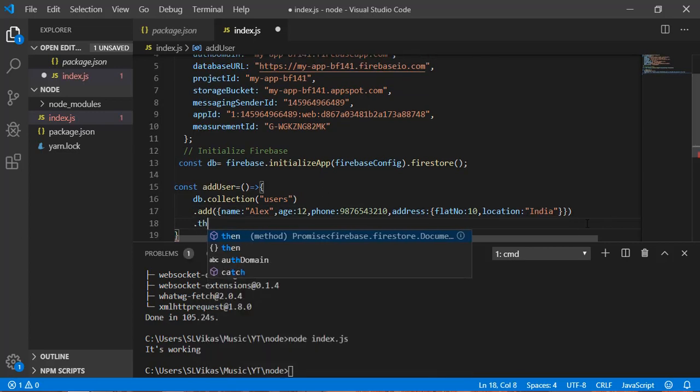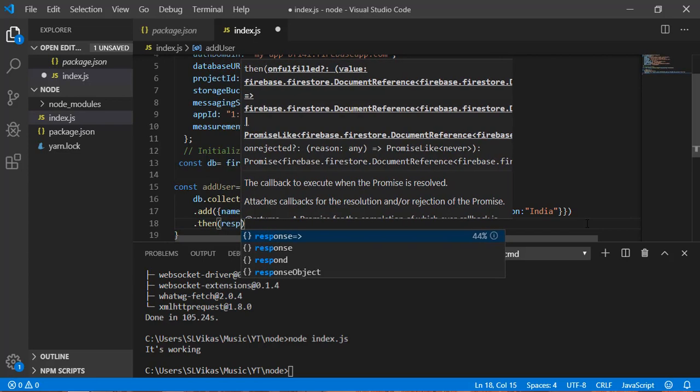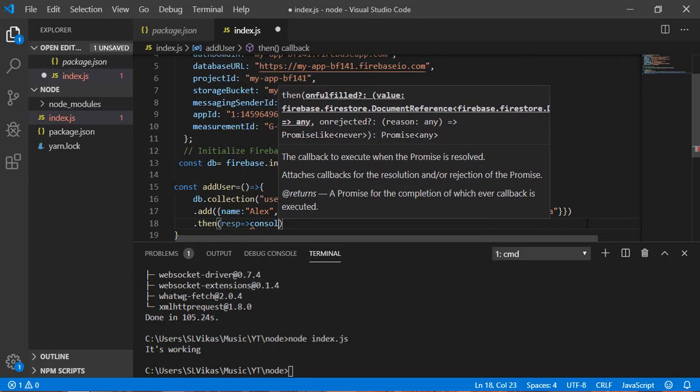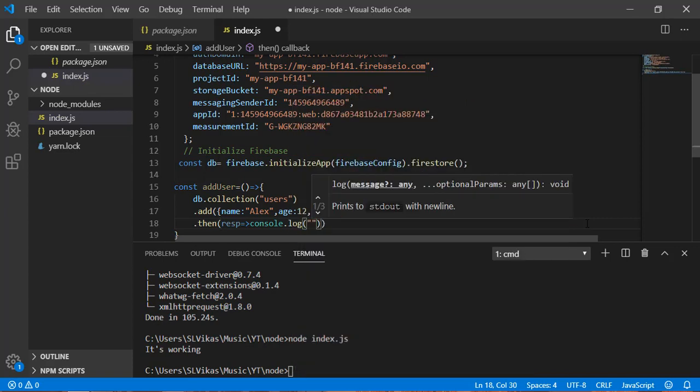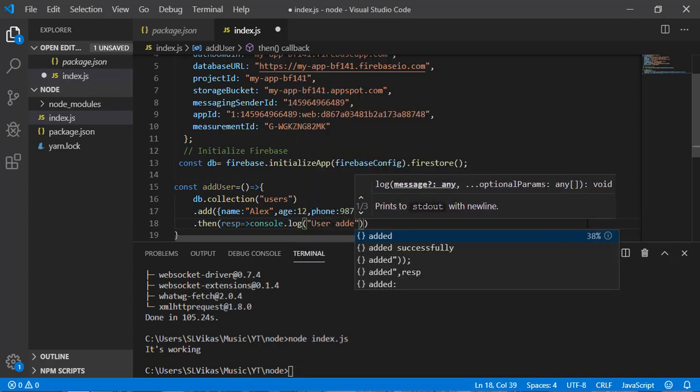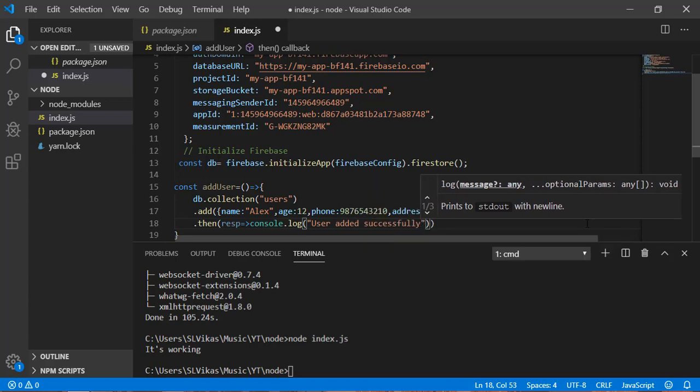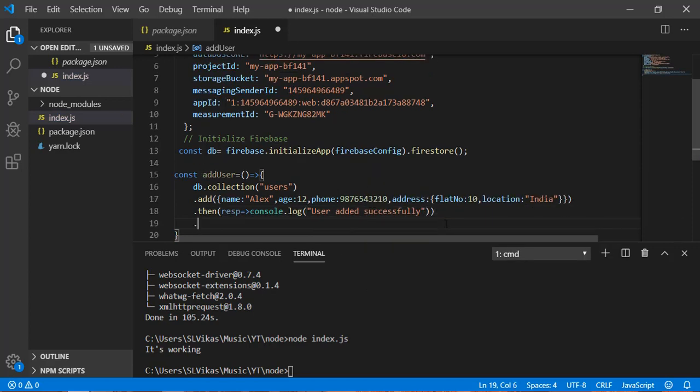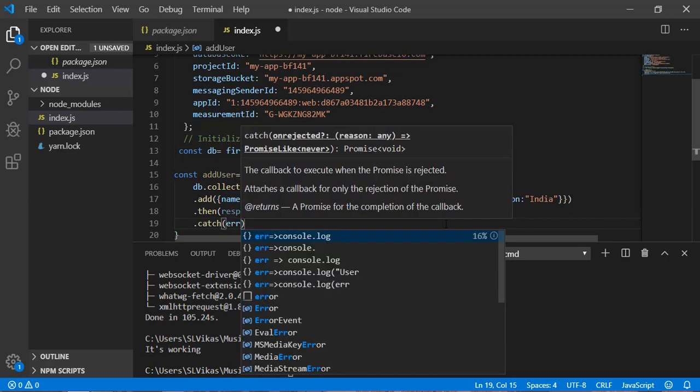Now I can write here then, if everything went right, so response, console.log. I can print a message here, so user added successfully. If something went wrong, I can write here catch. I can handle it in the catch block, and here error.